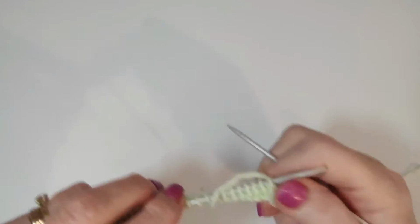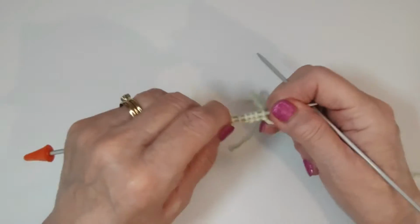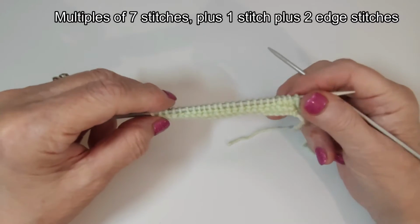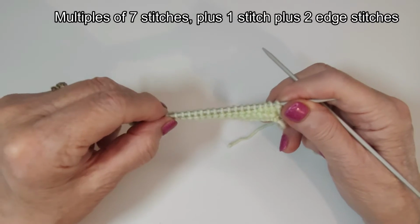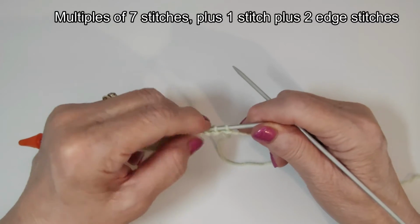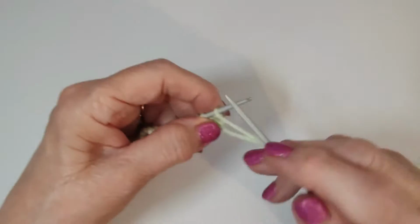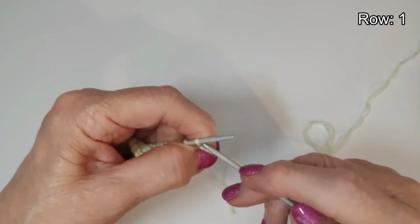Right, let's get started. I've just done a couple of rows of garter stitch to start this one off. The reason being I miscounted the stitches on the original one. Anyway, this is a multiple of 7 plus 1 plus 2. So I've got 7, 7, 7, plus 1, plus your 2 edge stitches. Okay, so row 1 is, I'm not knitting with the tail,